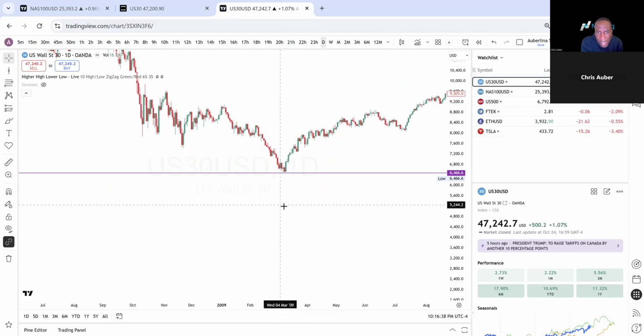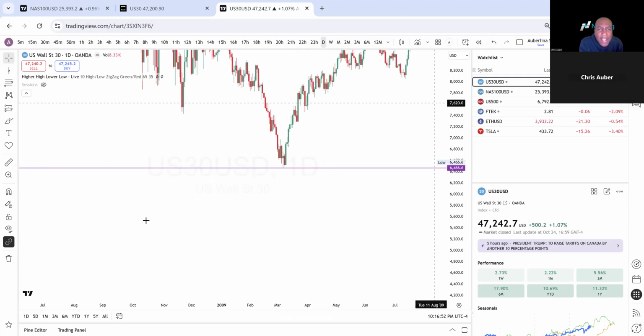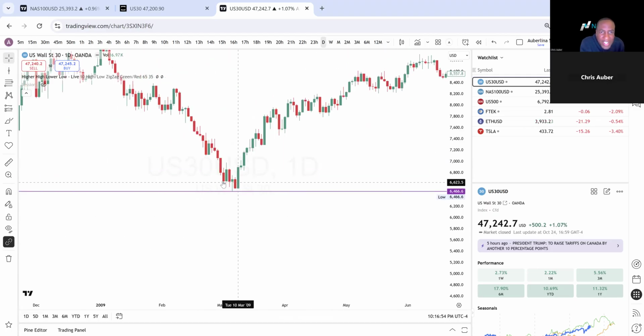Okay, all right. So at this point right here, March 6, 2009, the price was at $6,466.06. Okay, that's on the daily. The highest point on that day, because this is a daily candle, takes 24 hours to be formed. The highest point on that daily candle, and in order to do that,